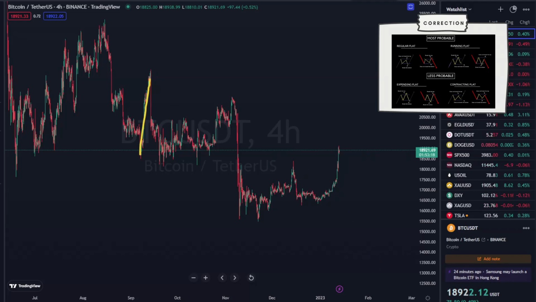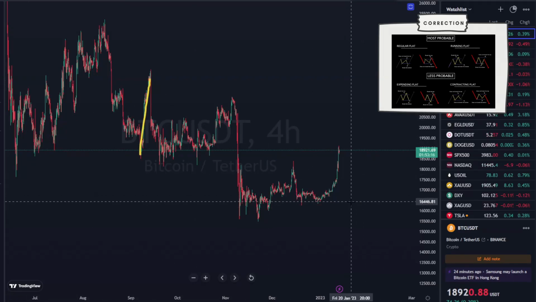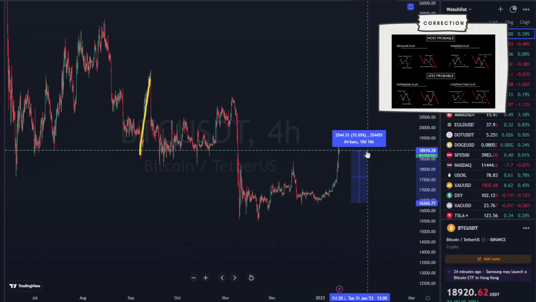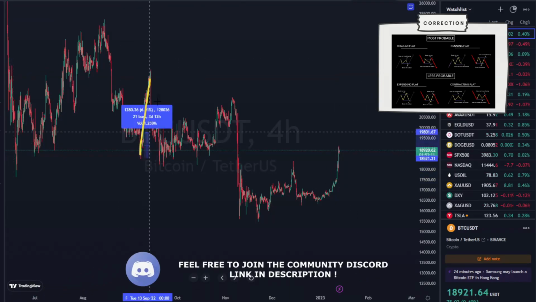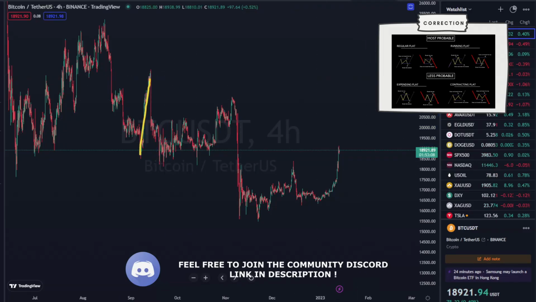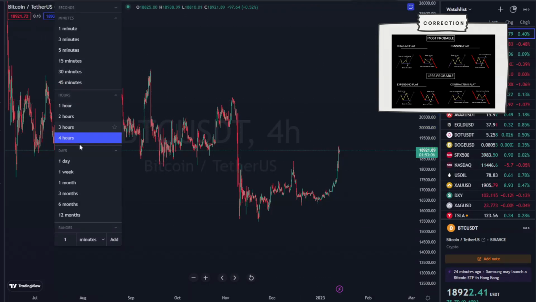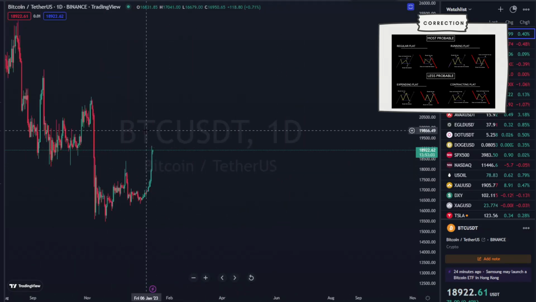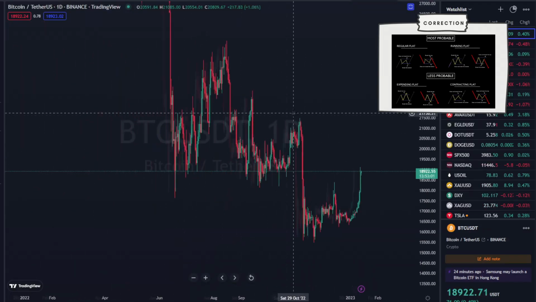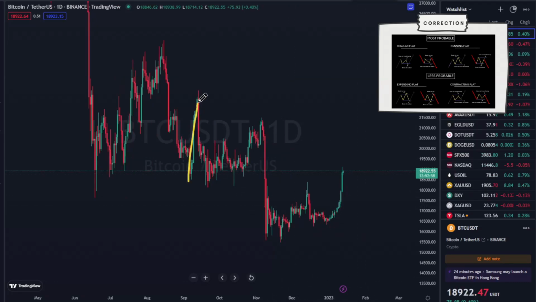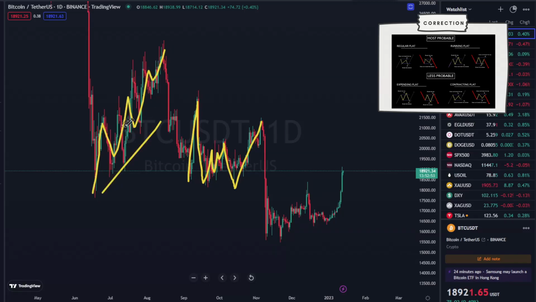All right, but if I simply take this and look at it, this one is 15% and this one is 20. All right, so basically the move you see right there, you see it in the 4 hour chart, but when you go in the daily chart, you still see that move. All right, it has an impact. Of course, this corrective structure is not as big as this one. All right, so this one is probably a daily corrective structure. This one is in between. All right, and this one right there was supposed to be something similar to that,